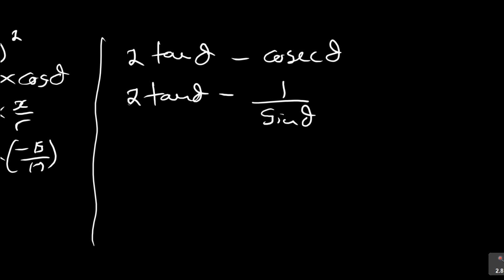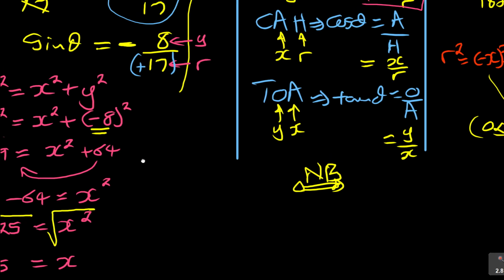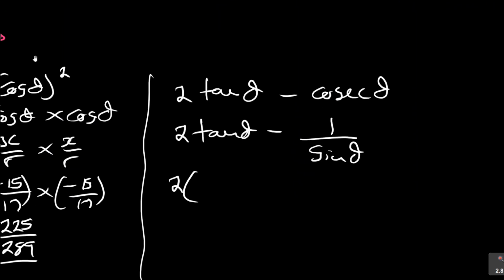Alright. Okay, now 2tan, you ask yourself, what is tan in terms of SOHCAHTOA? You come here and say tan is opposite over adjacent, which is y over x. So you come here and say, okay, tan is y over x